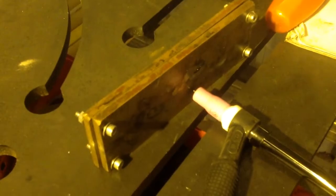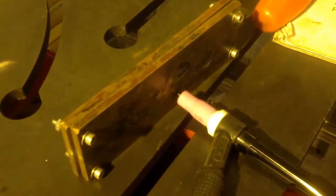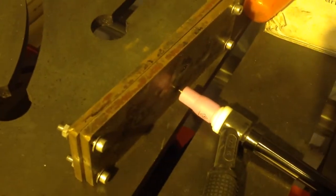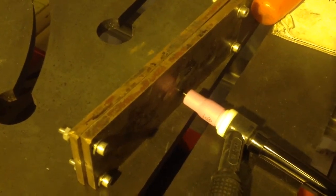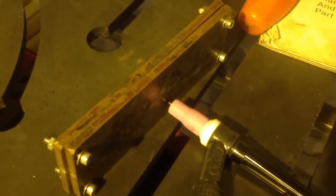What I've done so I can watch the meters is point my torch, laid on a bench, at a big block of copper here. That'll sit there quite happily while I mess around. Let's just tighten up the arc a little bit. I don't know if you'll be able to hear me when I fire this thing up, but